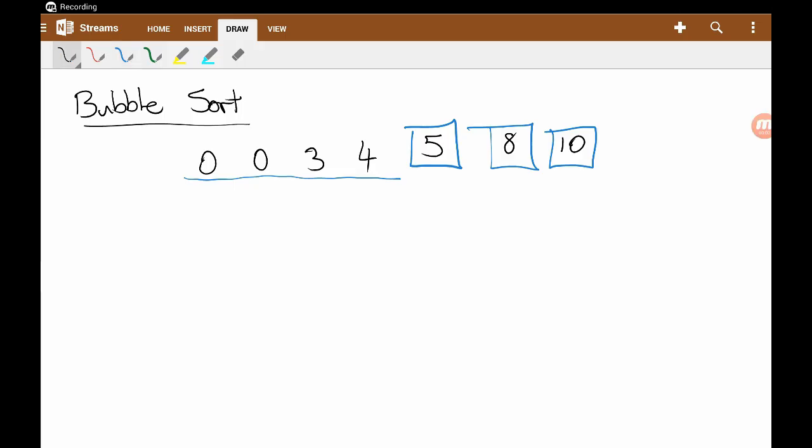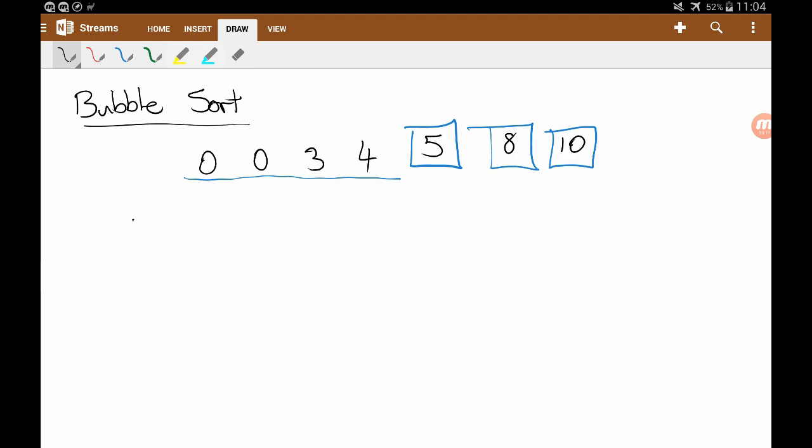Okay, so now that the list is sorted, we can ask ourselves, how long did that take us? So in the worst case, we assume that we would have had to do some swaps over here as well, and then again and again and again. And so essentially what we would have had to do is we would have started off with a list of